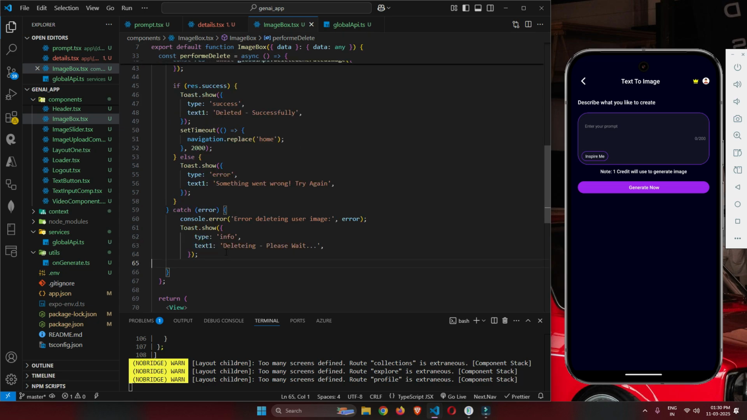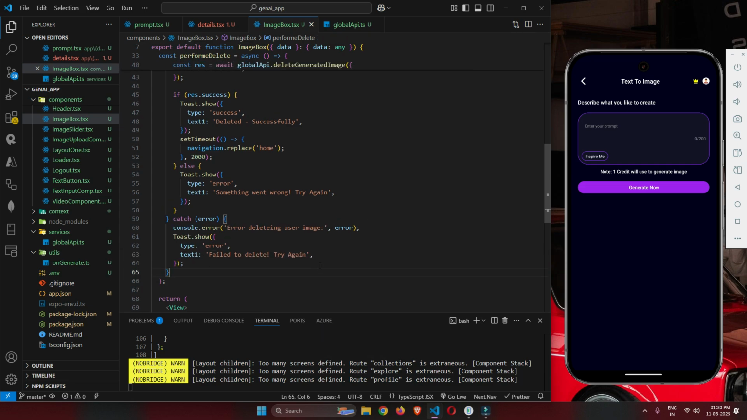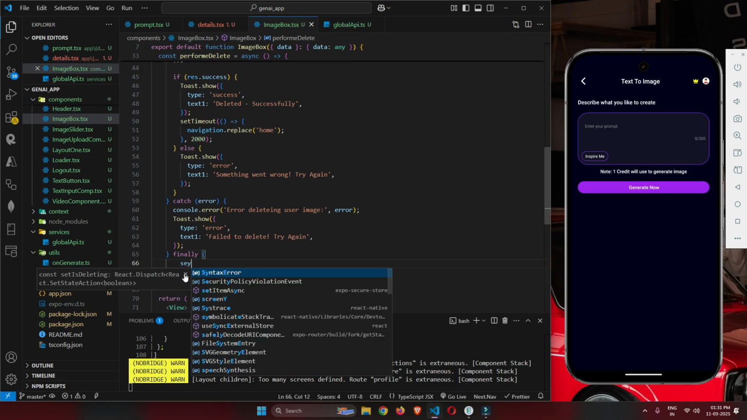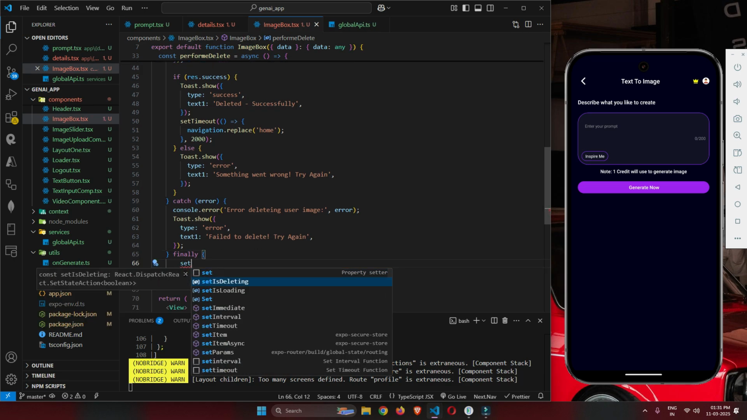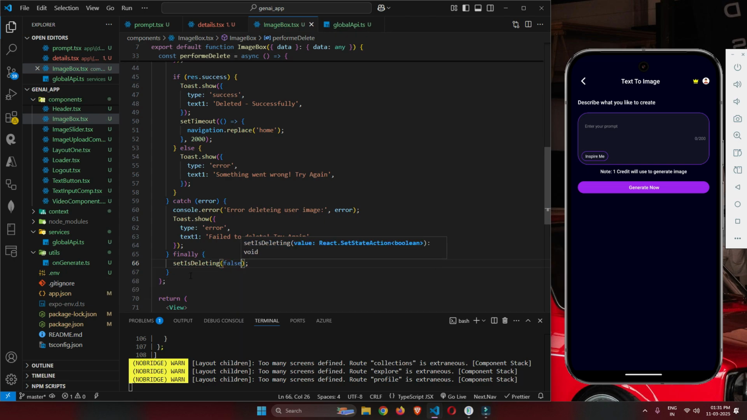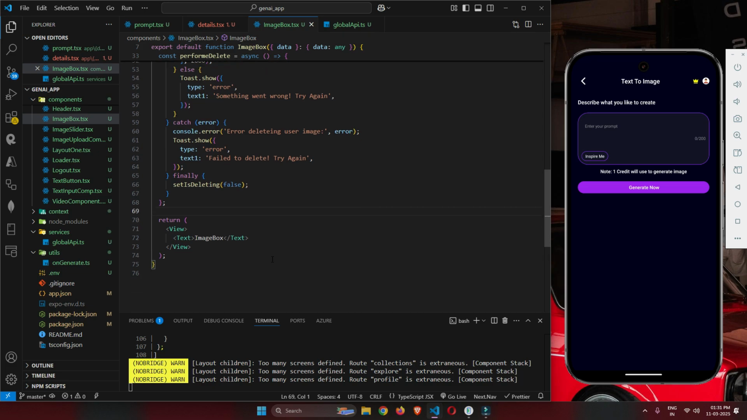I will add a toast also and say wait, I will just copy this all. I will replace with this error. I will say failed to delete, try again. Okay, and then finally set is deleting will be false. Okay, so now we can create this